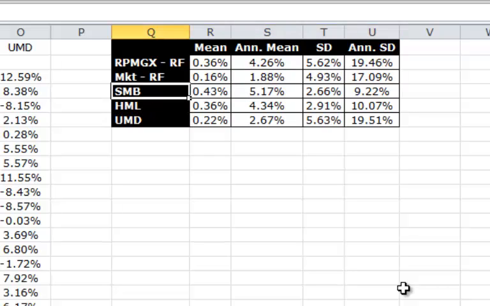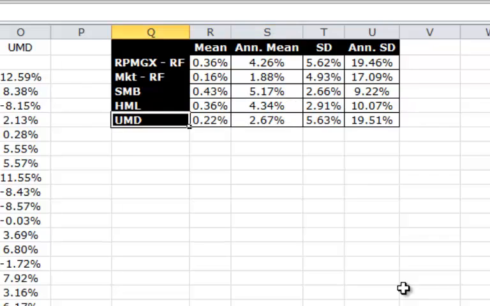Now, the SMB, remember what this is. This is the return to small stocks minus the return to big stocks. On average, over the sample period, small stocks are outperforming big stocks by 5.17% per year. HML is the return to stocks with high book-to-market ratios minus the return to stocks with low book-to-market ratios, high minus low. On average, high book-to-market stocks, which are also known as value stocks, outperform glamour or growth stocks by